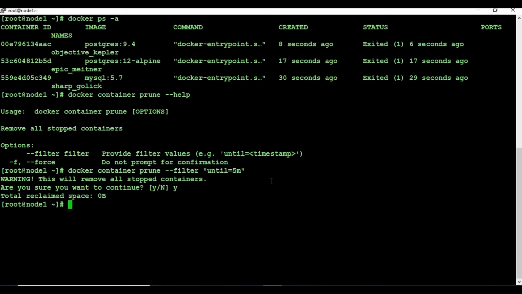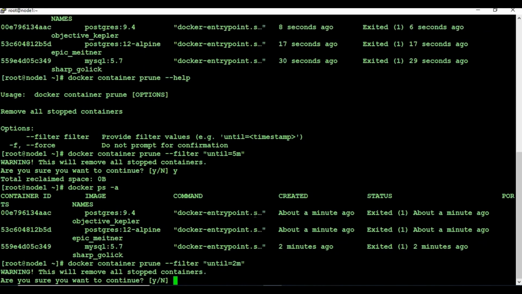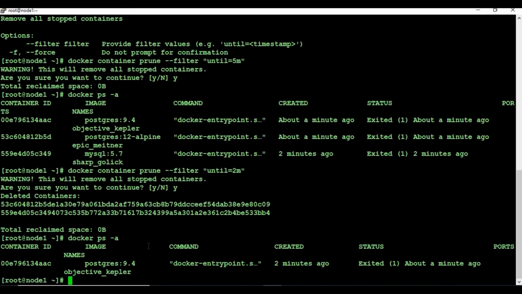It will remove all the containers older than 5 minutes, but since our containers are only seconds old, let me see what the time is now. It's only about a minute. So let's make it 2 minutes. You can see it has deleted only 2 containers, and 1 container is still running. It has removed only the stopped containers which are older than 2 minutes. Similarly, you can do automation so that stopped containers older than a day or so can be